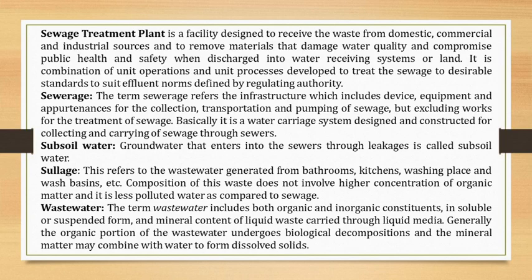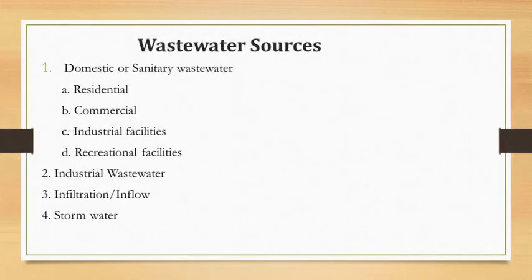Sewage is the wastewater generated from the bathroom, kitchen, wash basin, etc. It is called sewage. And the wastewater term we already discussed. Wastewater is a sewage which includes organic material, inorganic material, suspended solids, and soluble solids. Okay, this totally is called wastewater. It may be domestic wastewater or industrial wastewater. Industrial wastewater is the wastewater collected from the industrial areas, and domestic wastewater is collected from public buildings, office buildings, and institutional buildings. Okay, so these are the different sources of wastewater.